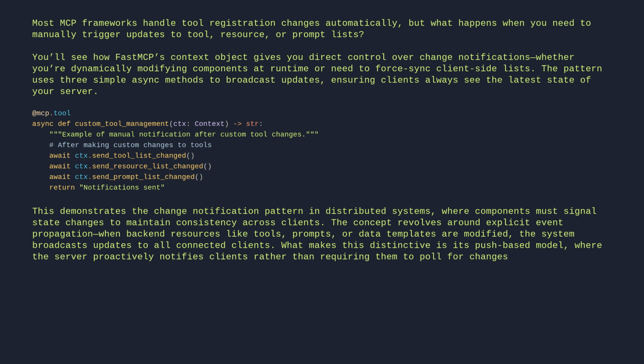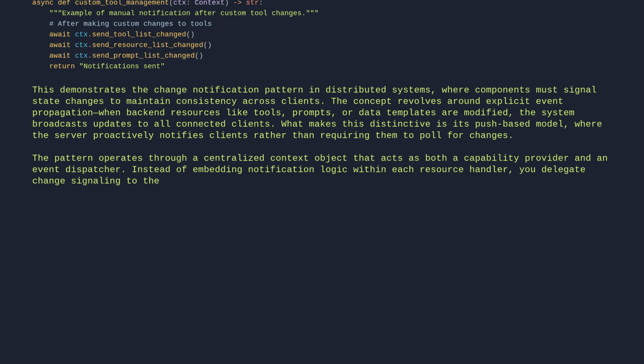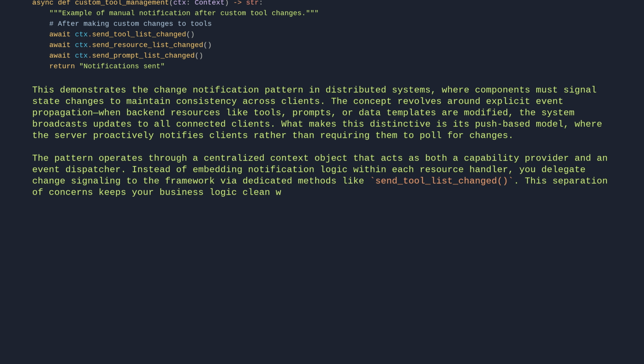for changes. The pattern operates through a centralized context object that acts as both a capability provider and an event dispatcher. Instead of embedding notification logic within each resource handler, you delegate change signaling to the framework via dedicated methods like send_tool_list_changed. This separation of concerns keeps your business logic clean while ensuring clients receive timely updates, whether they're AI agents, front-end